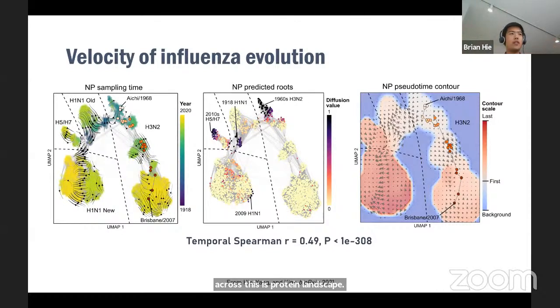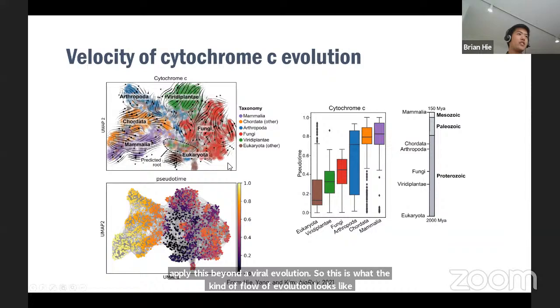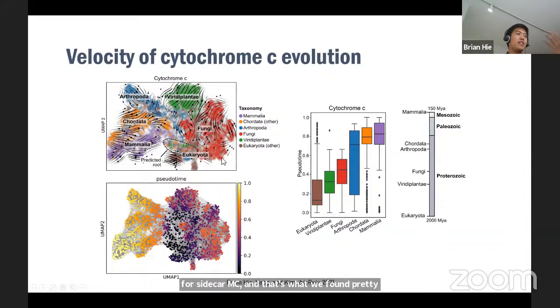Because we're using these universal protein language models, we can apply this beyond viral evolution. So this is what the flow of evolution looks like for cytochrome C. And what we've found pretty interesting is, the predicted pseudo time, if you order based on this flow, recapitulates the ordering of these taxonomic categories in the fossil record. So it's kind of nice validation that the ordering information from this velocity of evolution is being